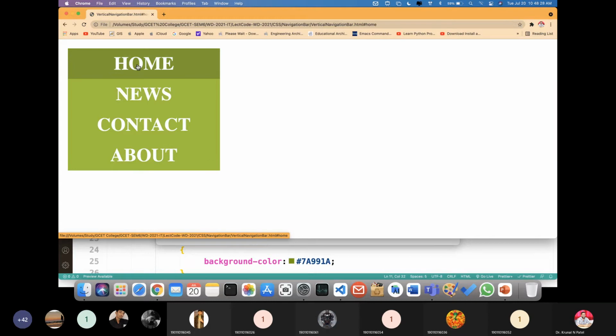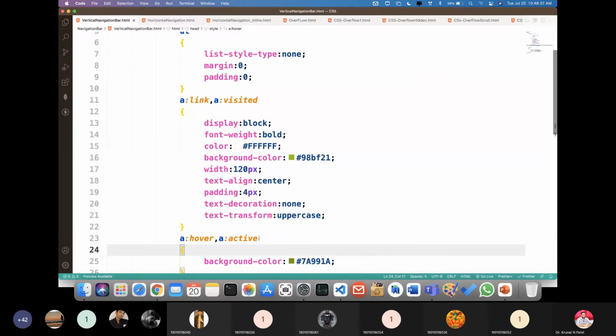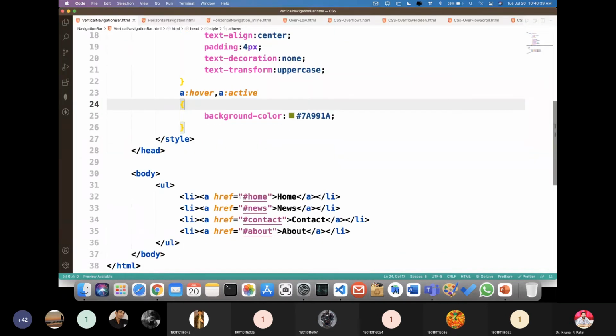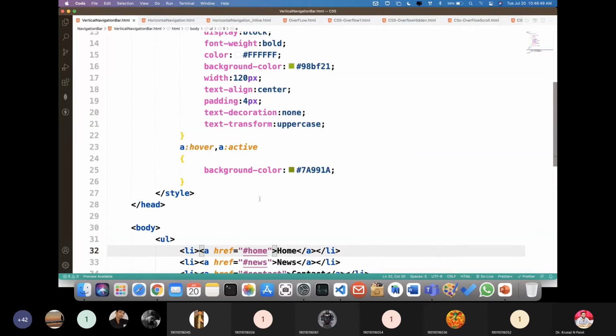And whenever I click, you can see here, after that it will provide a hash home, right? So that hash home I have defined in href. You can just write hash, or you can write hash home, whatever you want, right? But it will stick to the same page, right?